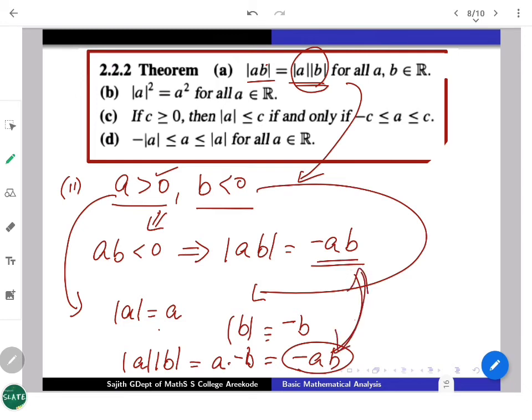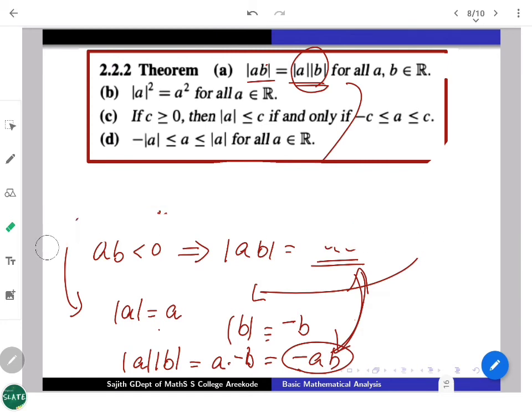So that is the second case. Remaining cases also you can try. Whenever A is positive, I have written B positive as well as B negative. Similarly, try with A negative and other cases also. I am leaving that as an exercise and we will come back to the B part.